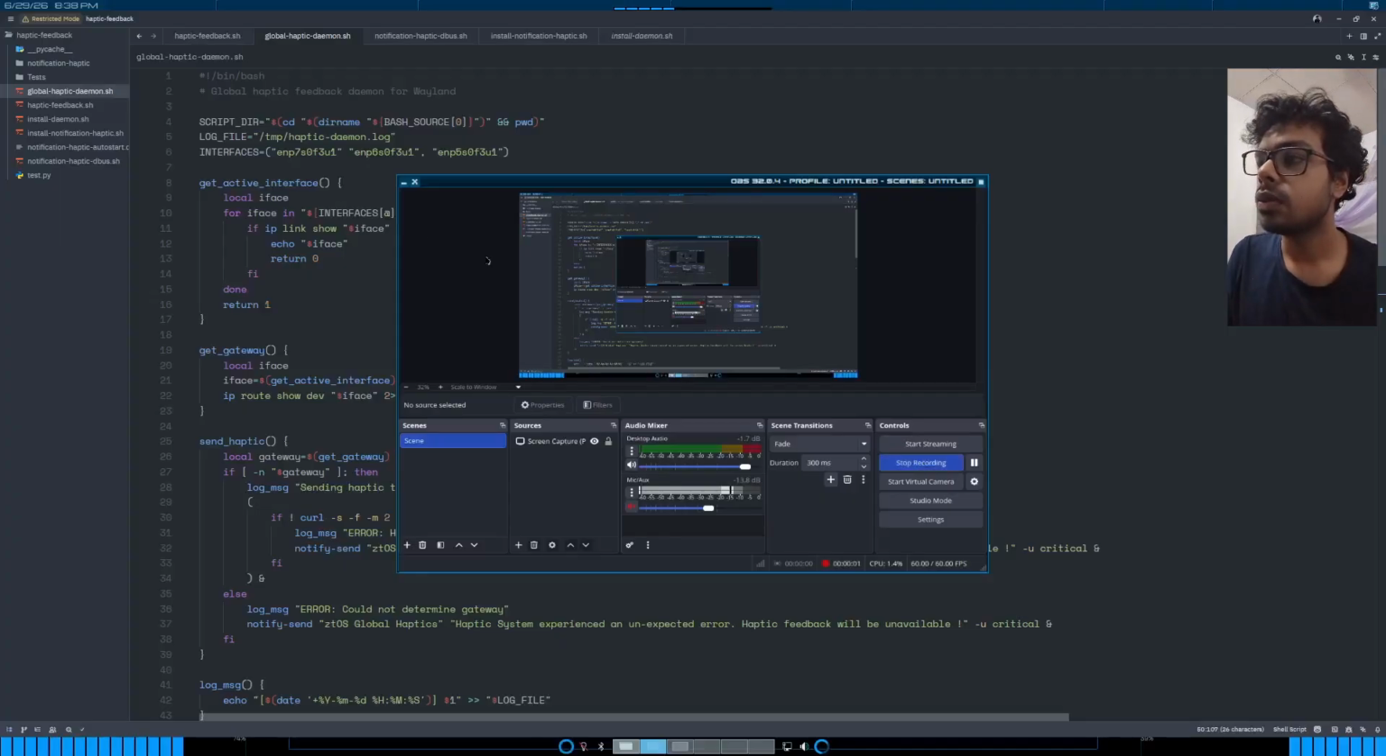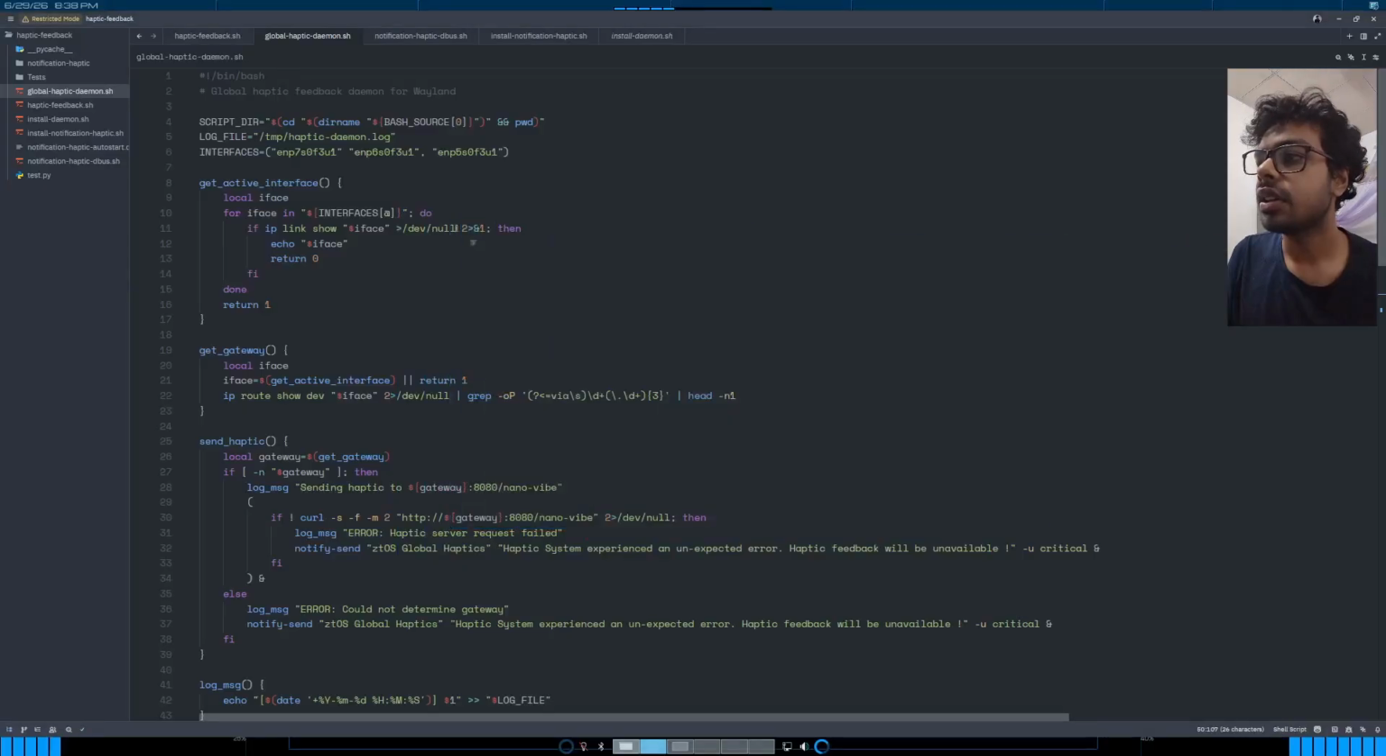So, anyways, I'm post editing here, and I forgot to add some information about how the laptop actually communicates with the phone. It's basically simple, and as you can see in here, you'll see three interfaces. This file is responsible for global haptics. It's just a monitor. It's just a simple bash script. And yeah, I know